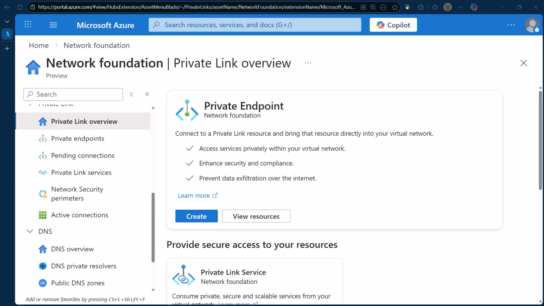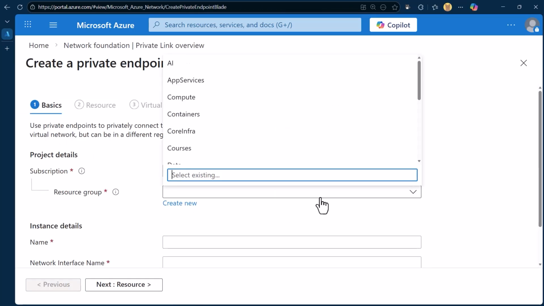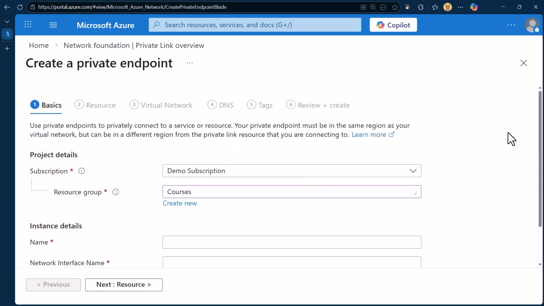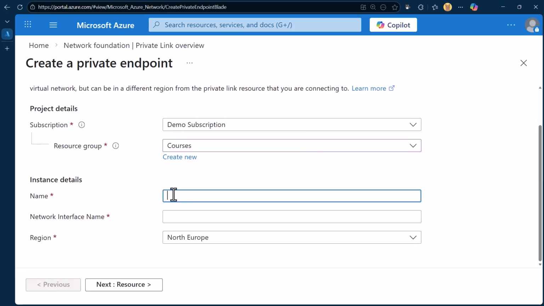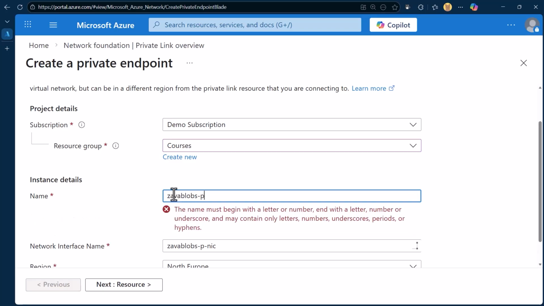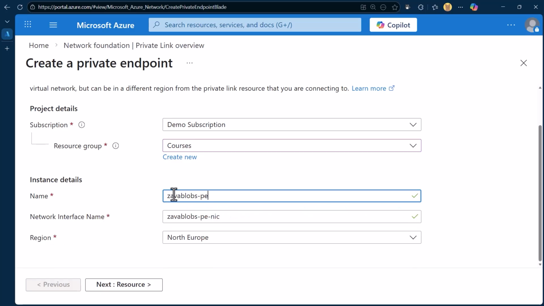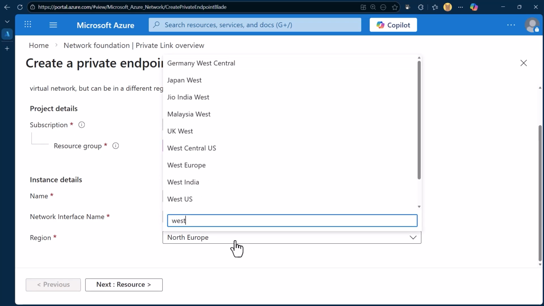Here we are at the Private Link overview under the Network Foundation view in the Azure portal. We are going to click Create and we're going to select the course's resource group. In here, we are going to name it Saba Blobs Private Endpoint. Remember, the private endpoints always have a network interface name associated to it, so that's just fine. We are going to select the West Europe region,